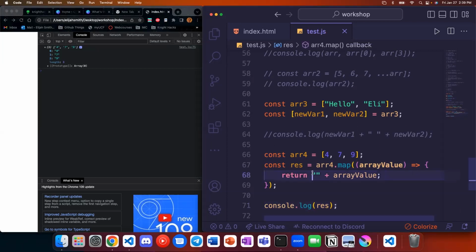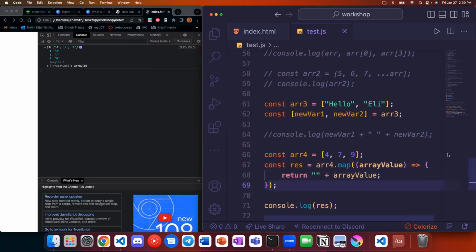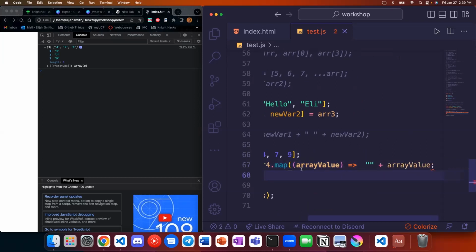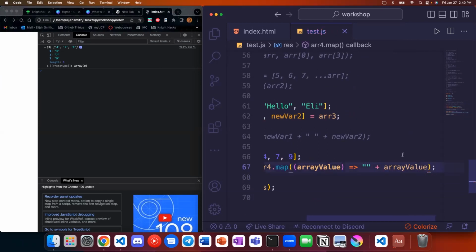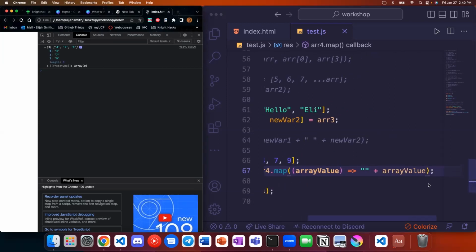Note that because this is one line, actually, I don't know how you would do this without the brackets because it's not calling a function. If this were like calling a function, we could get rid of the brackets and just do it in one line. Now I'm curious. Does this work? This does not. Oh, it does work. Cool. So that works the same way. Again, because it's one line, we can get rid of the return, we can get rid of the brackets, and we can just write it in line like this.